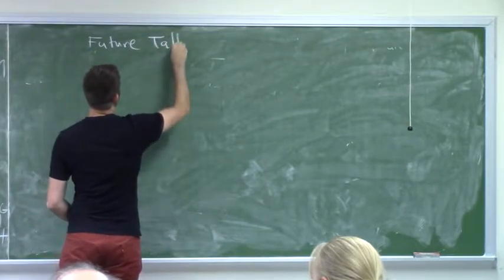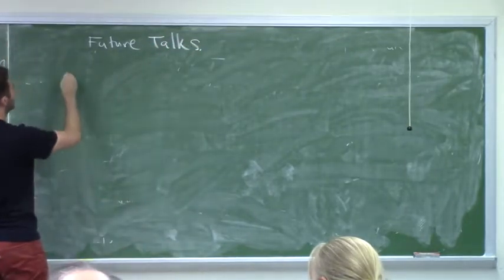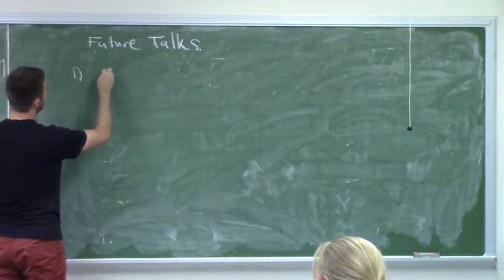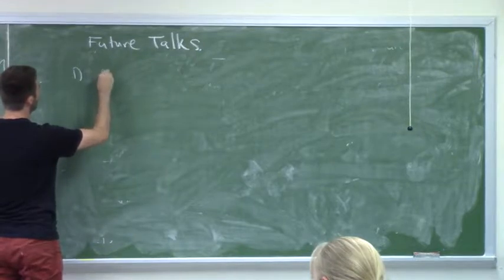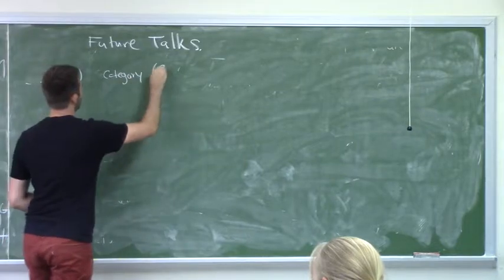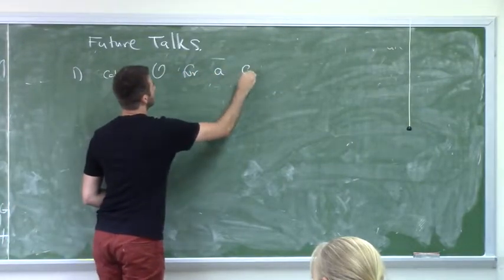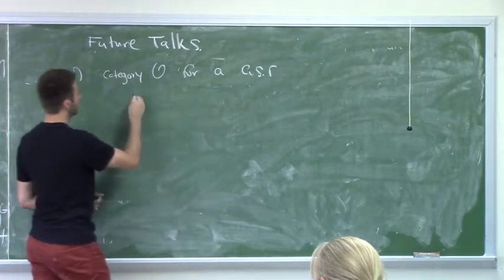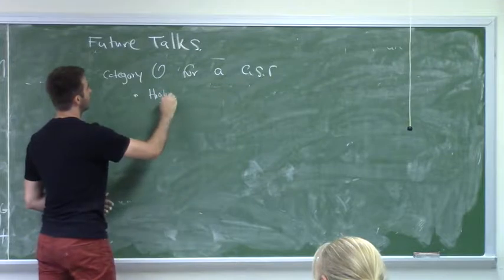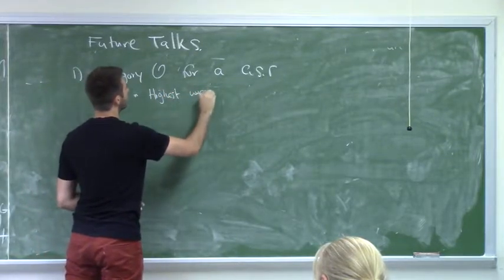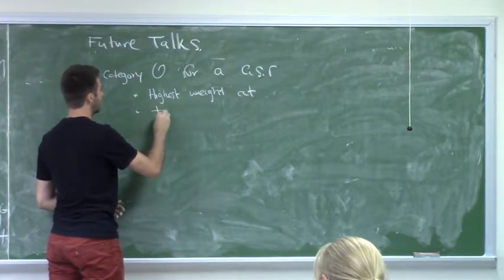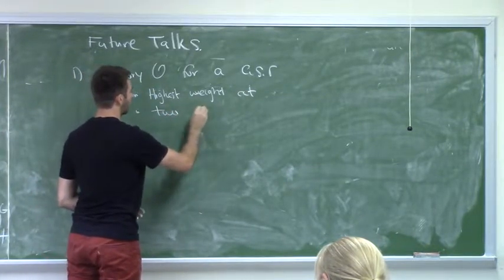So here are the things that I would like to talk about. One is I need to give a talk where I talk about the properties of category O for a conical symplectic resolution. The kind of things that would need to go in here is that it's a highest weight category, it carries 2 categorical actions, grade group,